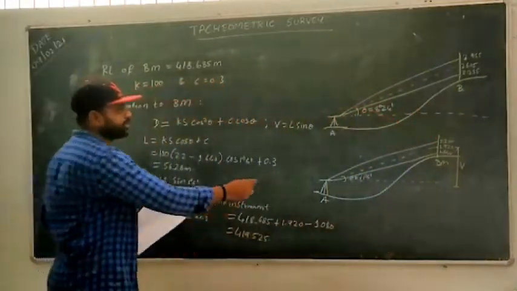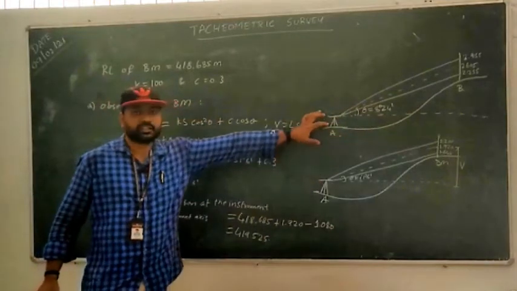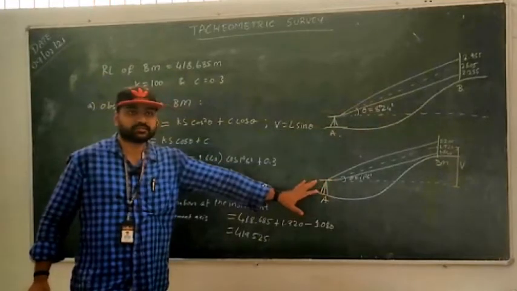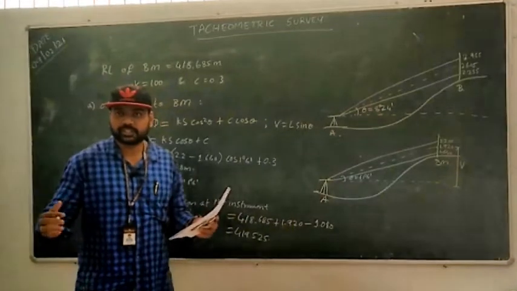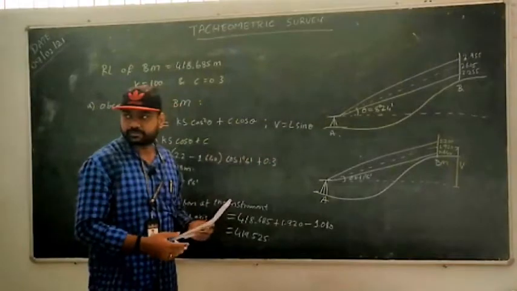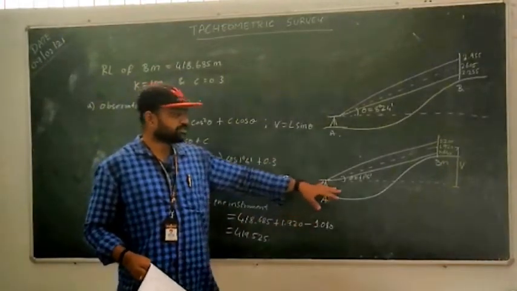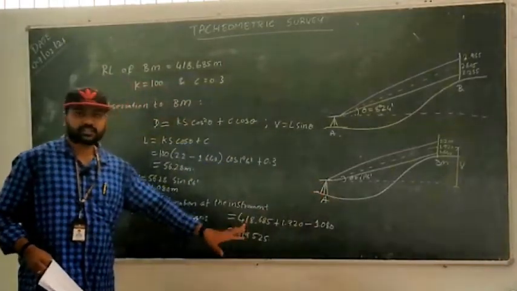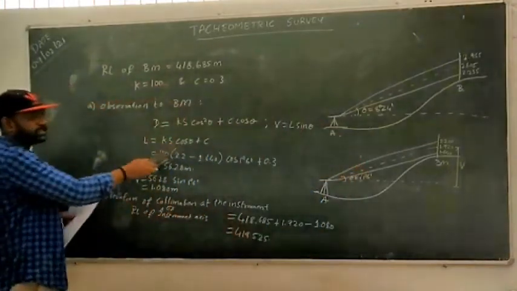Next, what do we do? The next observation will go for this one. So the benchmark observation is over. After having this, we'll get into this one. So this instrument is fixed now. The instrument point is not changing. Here also A, here also A. Whenever we start our leveling, the first thing is we have one benchmark, and after seeing that benchmark, we take the next reading. Similarly here, we are not changing the instrument point. The instrument point is A only. We got the instrument axis, that is 419.525.